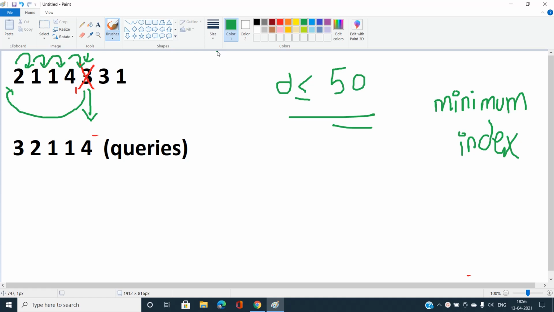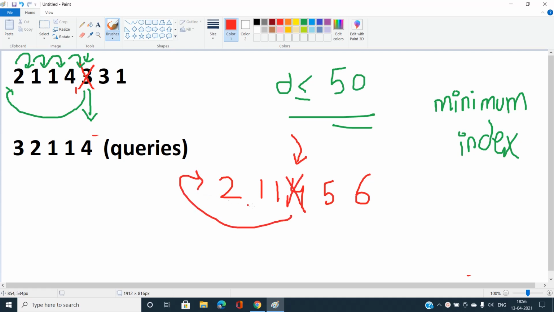Let me take one more complex example to understand this statement. Suppose we have 2 1 1 4 5 and 6, and we are asked query 4. I need to pick up this element and put it at the top of the stack.